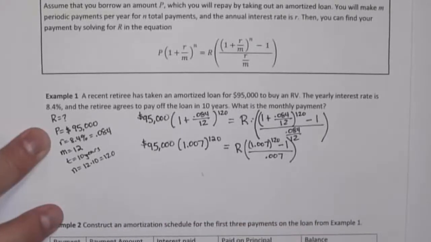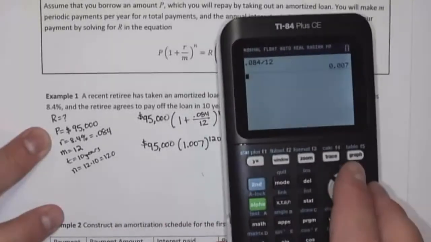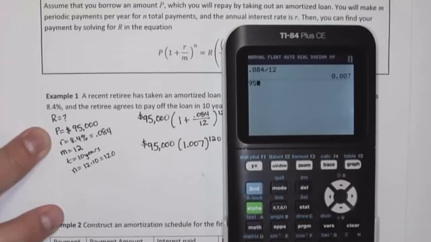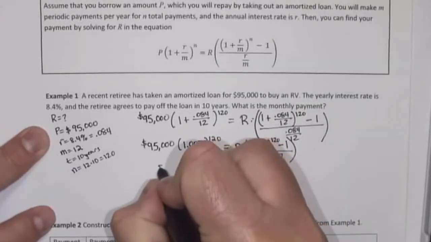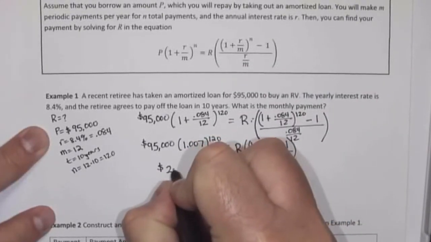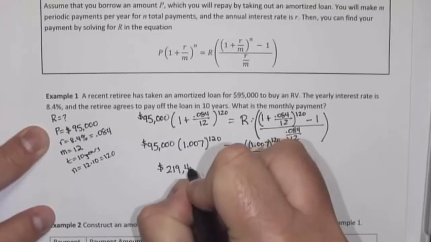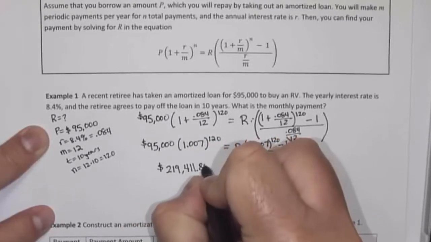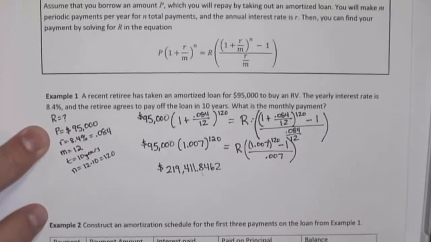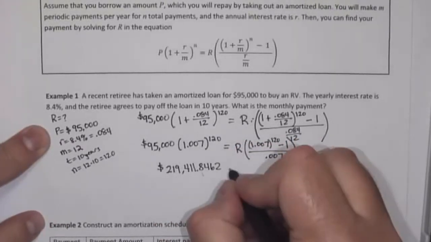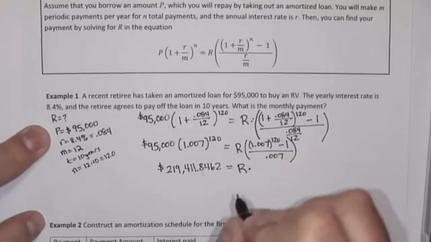So let's figure out what this left side equals. So bringing back in my calculator, 95,000 times 1.007 raised to the 120th power. So that is 219,411.8462. Again, I don't really want to round that because I don't want rounding to cause problems for me. And that's going to equal r times